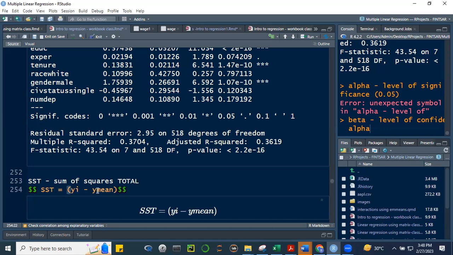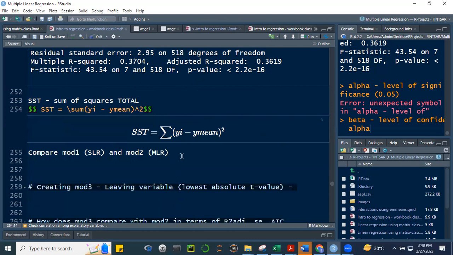Ibig sabihin, kukunin natin difference tapos square natin. Alright? And then i-add natin, no? So let's sum. Alright, yan, no? Alright, so that's our formula class. The sum of the squares of your total is,